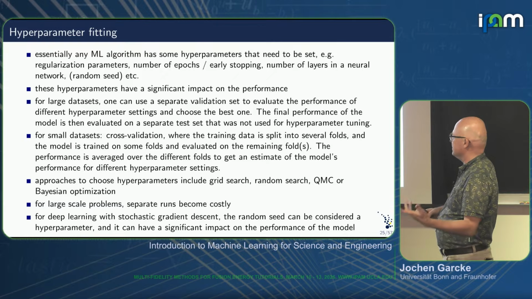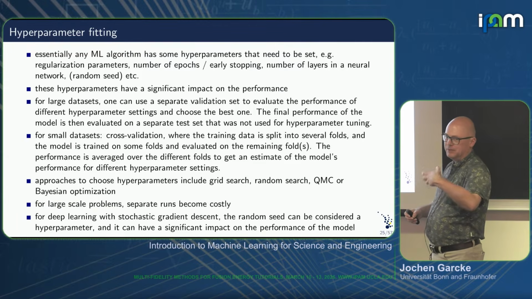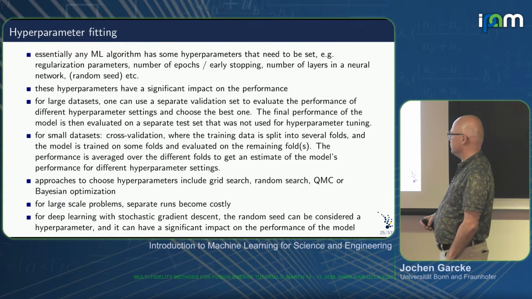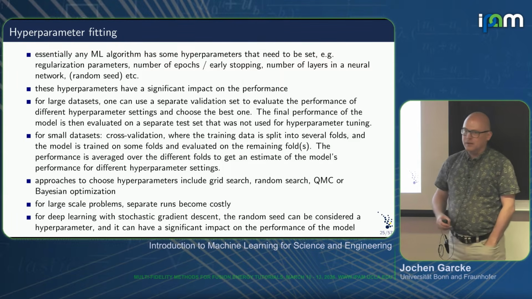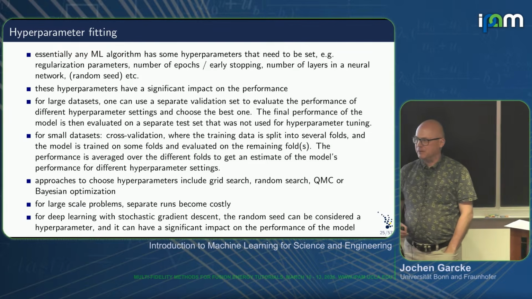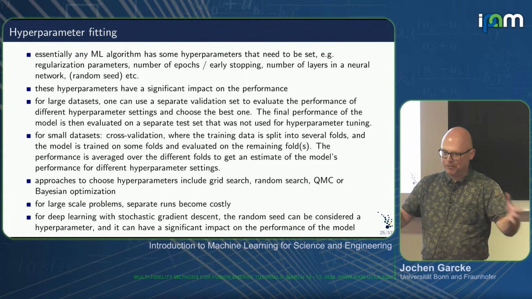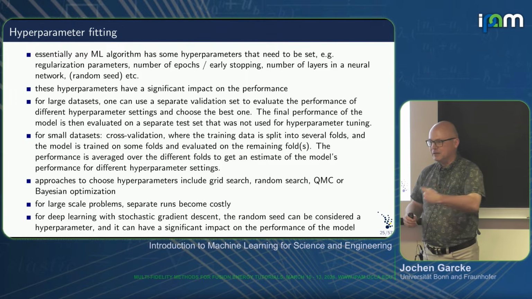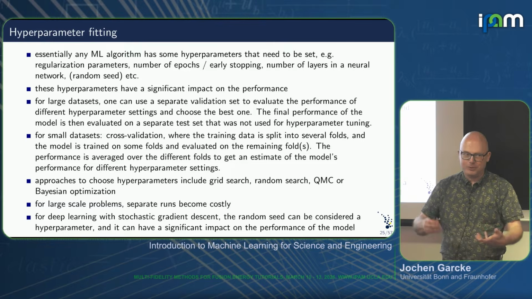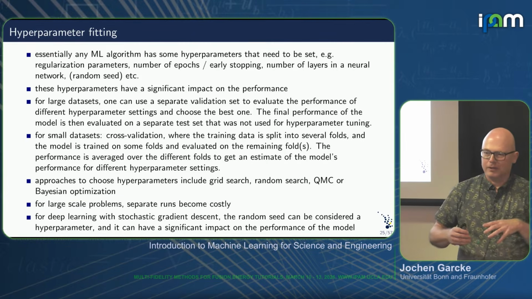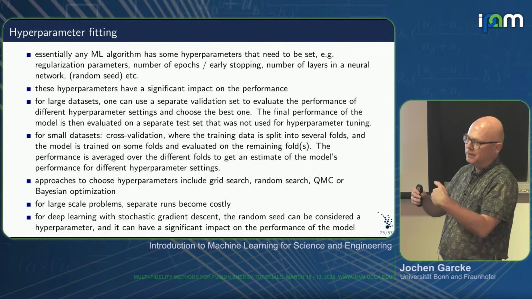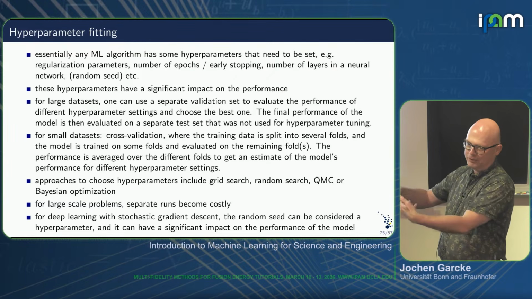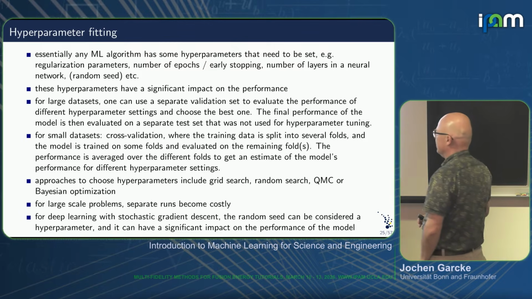And for deep learning, one can see that also, since we have some randomness involved, the random seed, how we do this optimization, which data to use. And the result can heavily depend on the random seed as well. So keep everything constant, just have a different random seed, you get different results. So ideally, in the machine learning paper when you publish results, you should also say, I did 5 runs with 5 different random seeds, and what is the average result, standard variance, to see what's going on.